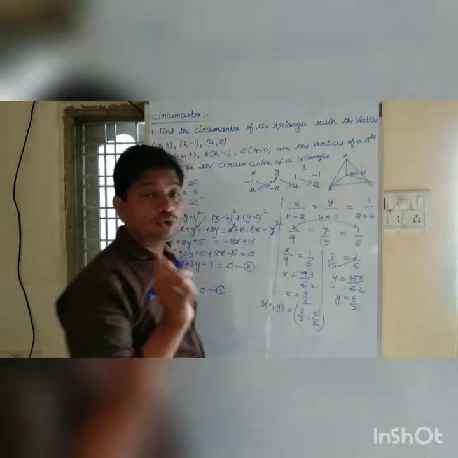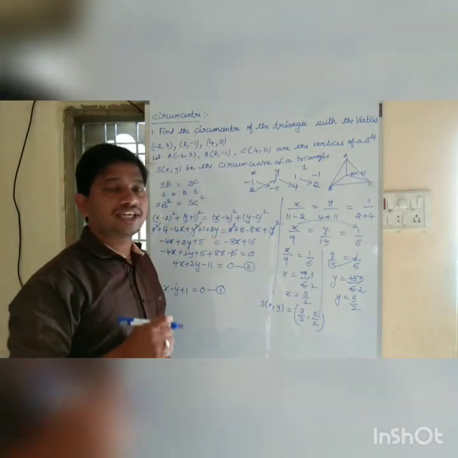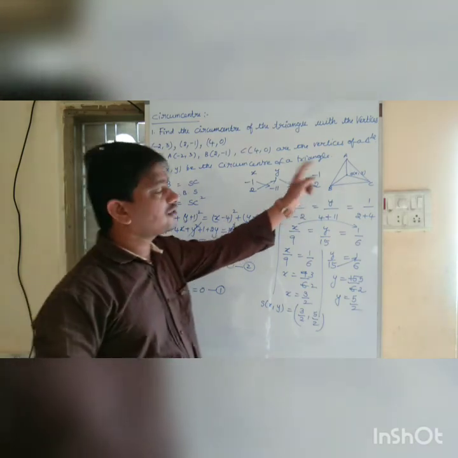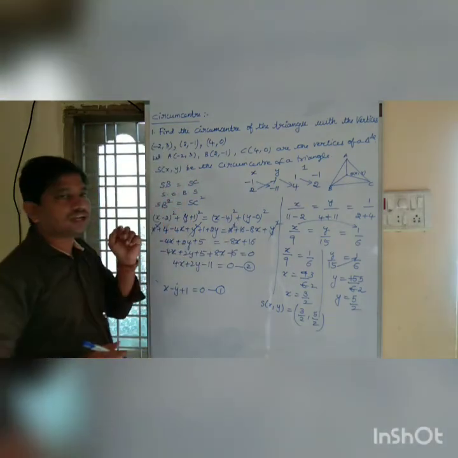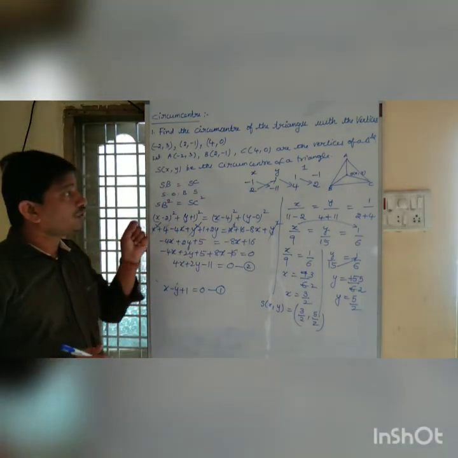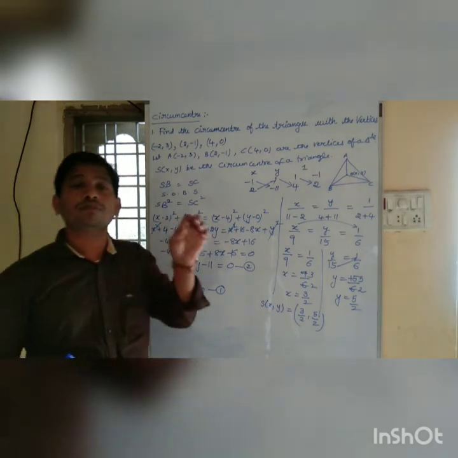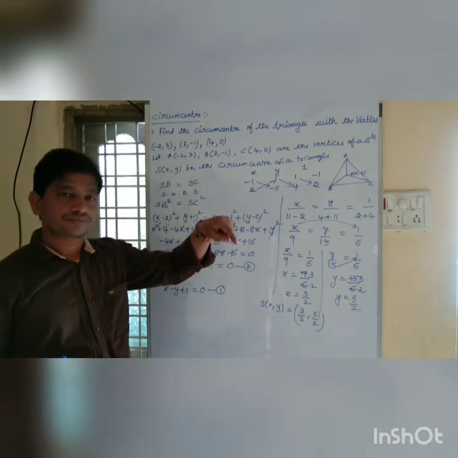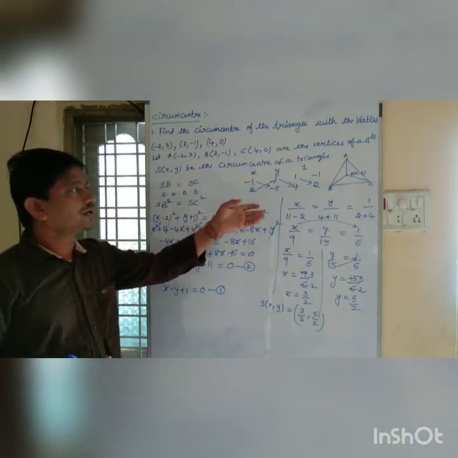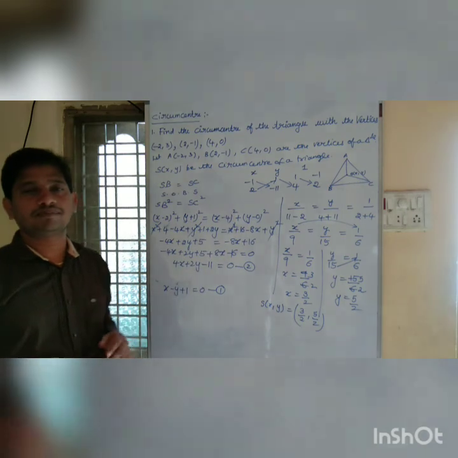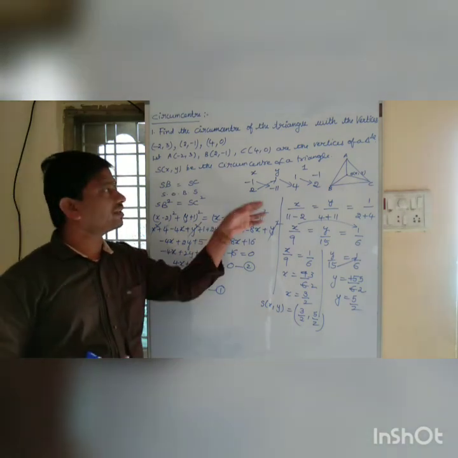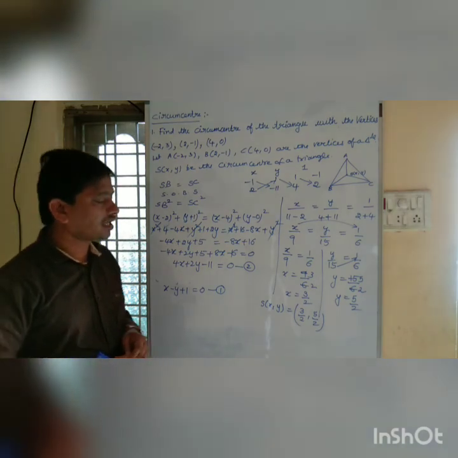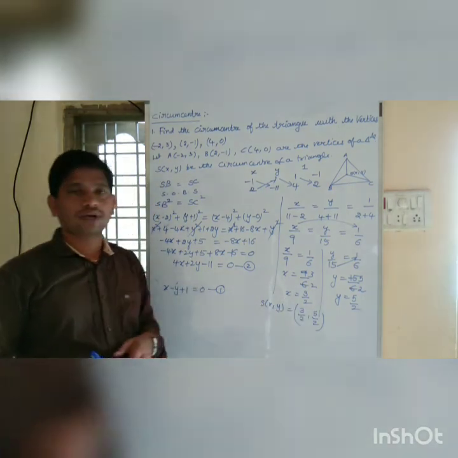So here we are using the formula distance between 2 points, that is square root of (x2 minus x1) whole square plus (y2 minus y1) whole square. Actually we have a square root, that is the reason we are squaring on both sides. See, you need to remember one point, what you mean by circumcenter, that's all. So that is the point of concurrence of angle bisectors, right? So that if you know, you can do this sum easily. You will get two equations, those two equations we need to solve, and we will get the coordinates of the circumcenter x comma y, that is 3 by 2 comma 5 by 2.